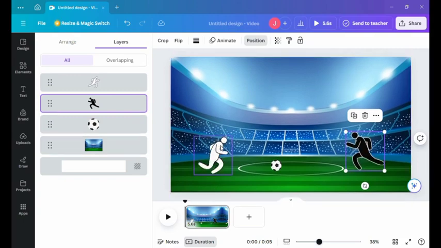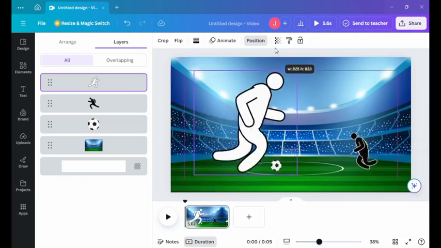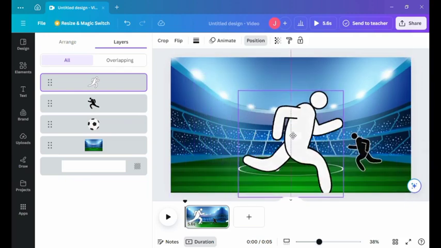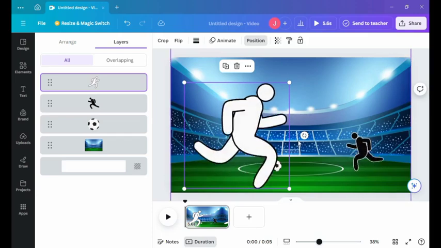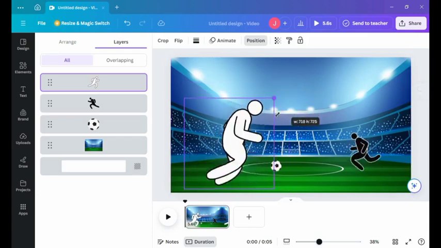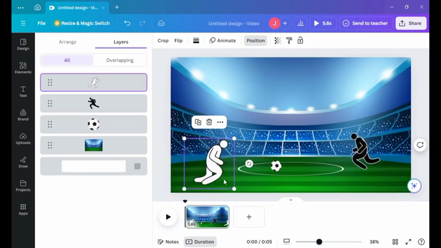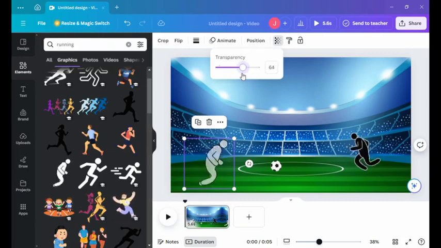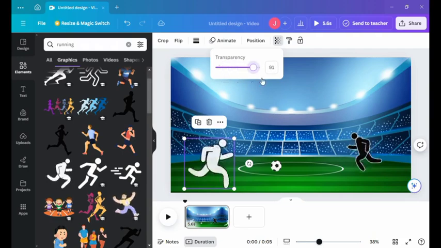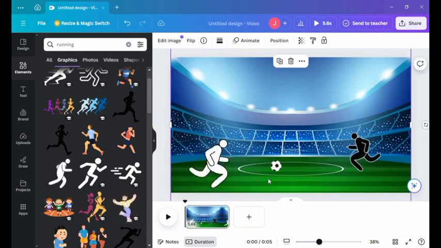If I'm to zoom this now, maybe this one is blocking something, although in this part I think I'm okay with this. So let's go back. You can decide to reduce the opacity of this. I'll come over here, transparency, I'll reduce this. I'm still going to show you guys where to apply all this, but let's go straight to our